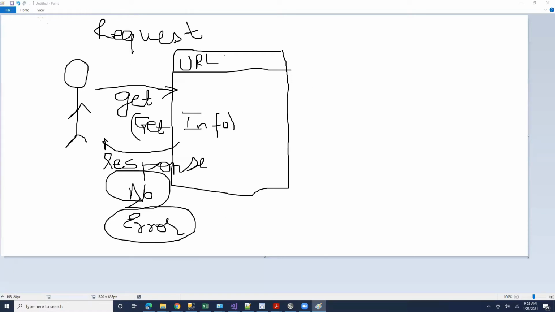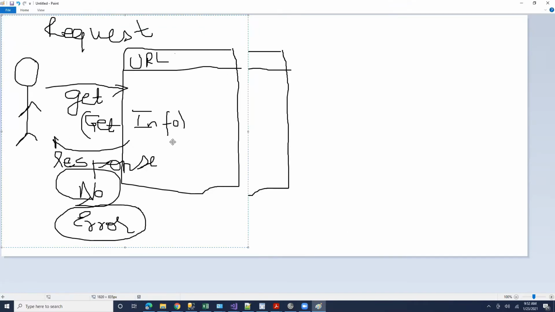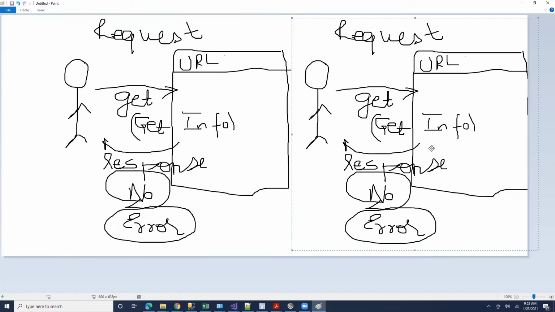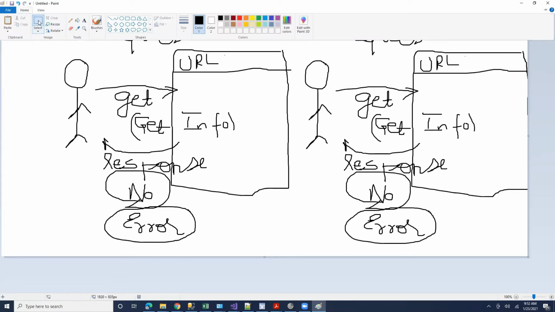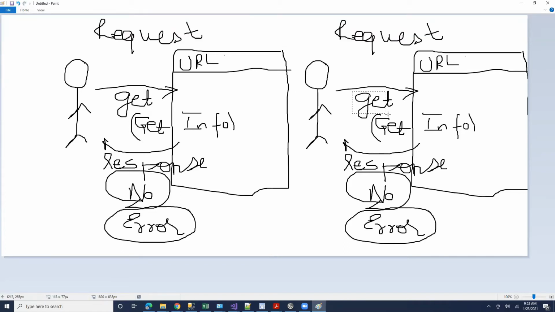Let me copy this whole thing. I'll just try to replicate this style. Okay. So one is GET, the other, let's start deleting some of these things here.